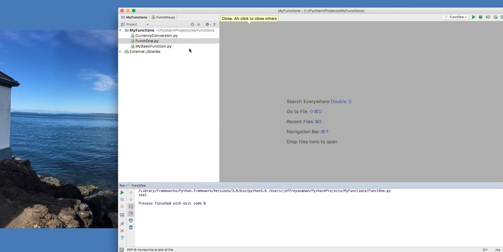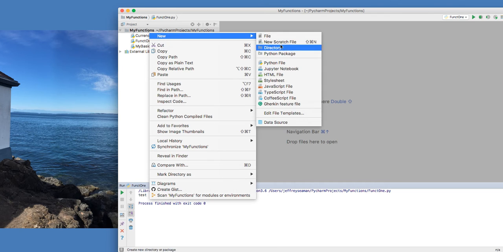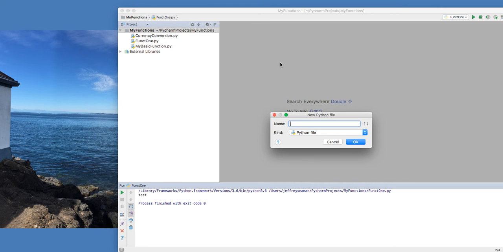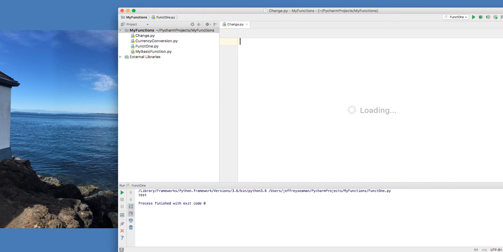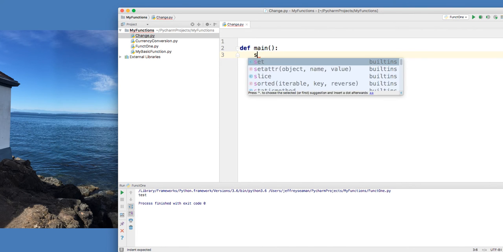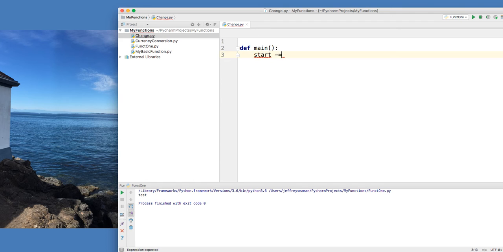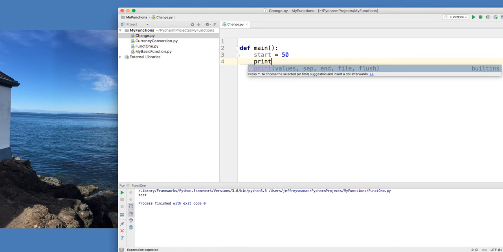So let's actually do something instead of this one. Let's exit out of here, right click on it, and create a new file, and we'll call it change.py. Alright, so we'll actually do something more. So we'll define main, the main function. We'll give it a, let's say, start equals 50. And then we'll say print